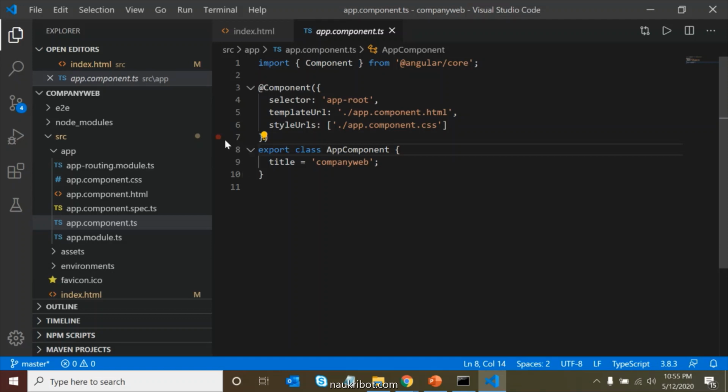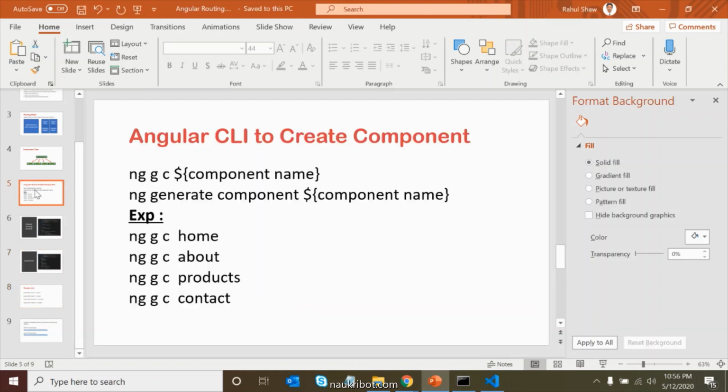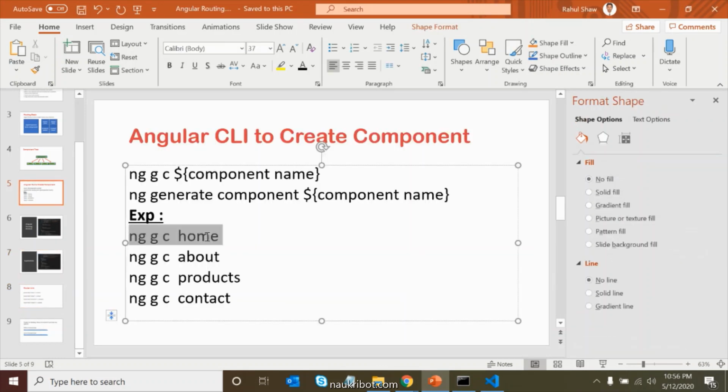Now I want to create some more components. How can I create more components? I will tell you the CLI way, how to create more components by using the CLI. Whatever component we create will be a child component of the app component. Correct? Now, how to create a component by using the CLI? We already saw in the PPT that this is the way to create a component: